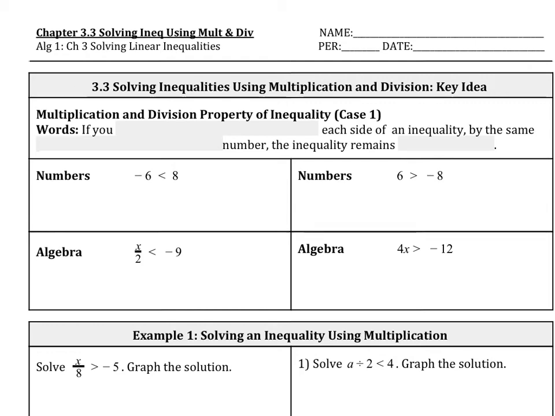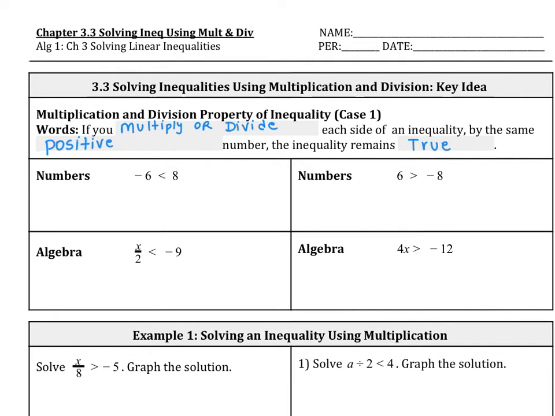So, chapter 3.3, Solving Inequalities Using Multiplication and Division. So, solving inequalities using division and multiplication. If you multiply or divide each side of an inequality by the same positive number, the inequality remains true. The number can be any number, so it is your choice to choose either 2, 3, 4, 5, 6, or